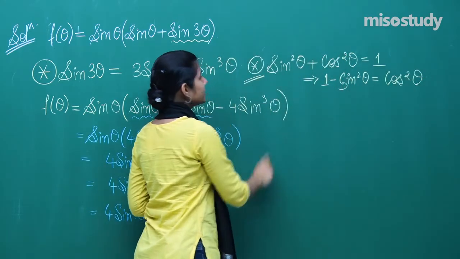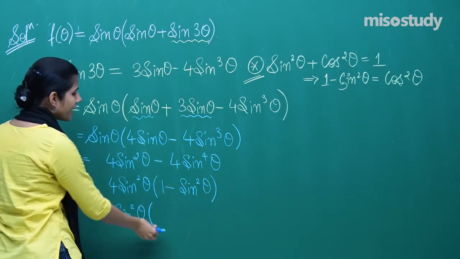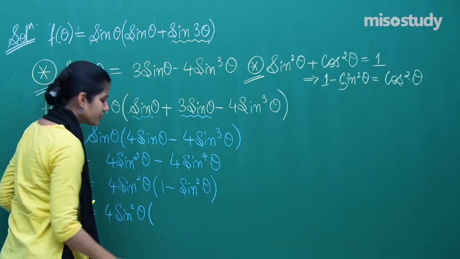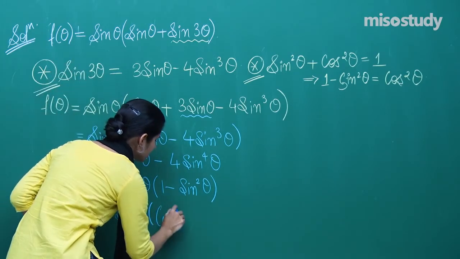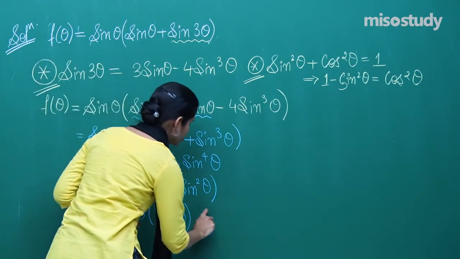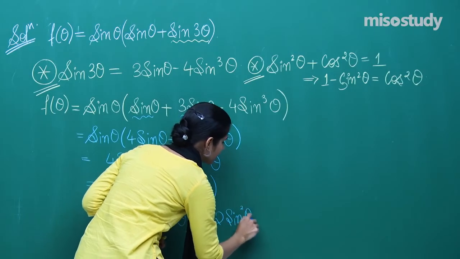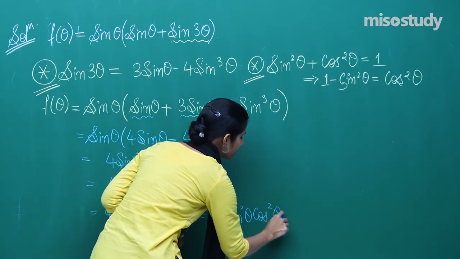So using this particular identity, after using this identity, I am at this note of 1 minus sine square theta, which is nothing but cos square theta, giving me the expression 2 sine square theta cos square or